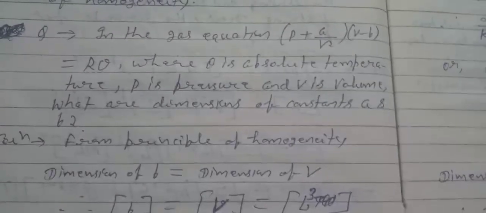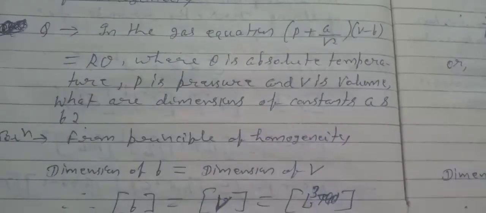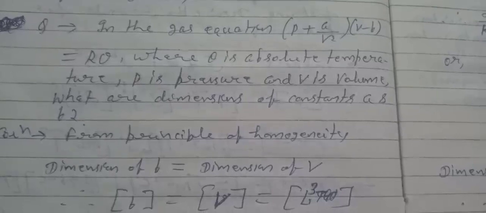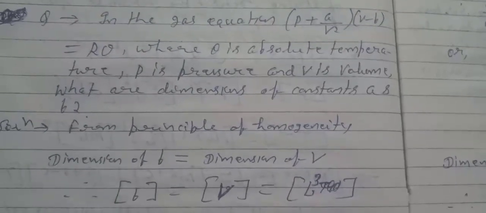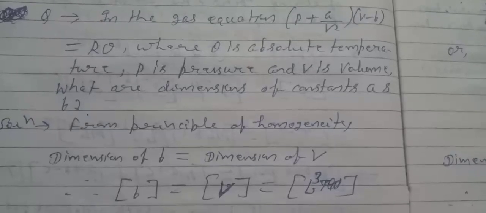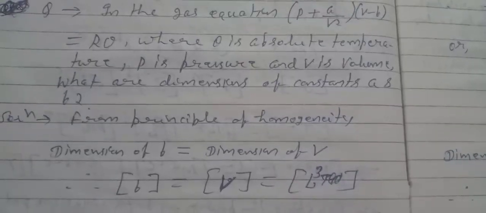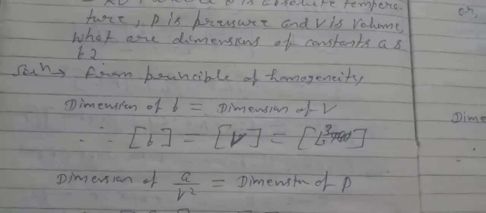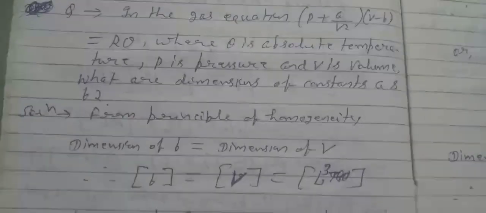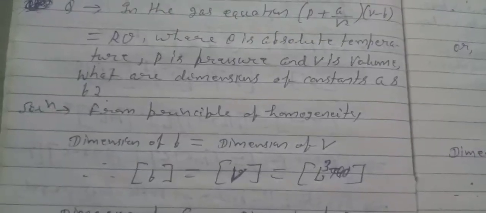In the gas equation, [P plus A by V square] into [V minus B] equals R theta, where theta is absolute temperature, P is pressure, and V is the volume. What are the dimensions of constants A and B? To solve this problem, we use the principle of homogeneity. So from the principle of homogeneity, we can write